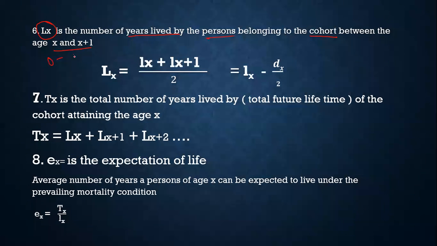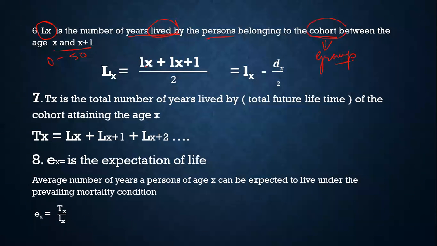So from 0 to 50, the age group from 0 age to 50 age, those who have survived, that is considered here as LX. When you say LX, it is the number of persons living, not the deaths, and it goes on and on. How many persons? Because it is for the cohort. Cohort is nothing but the group of individuals. So it is not one particular age, it goes on calculating till the number of that particular group is calculated.